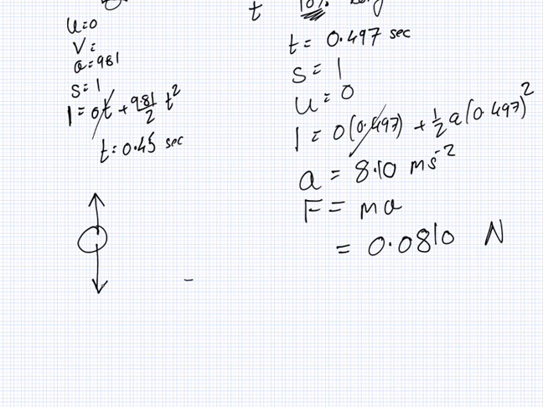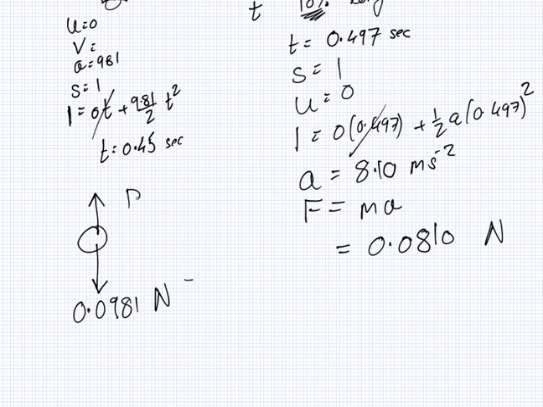Well, we know it's not the weight. What's the formula for weight? mg. So what's the mass? 10 grams. Okay. So let me calculate the weight here for you. 10 grams times 9.81. So my 0.0810